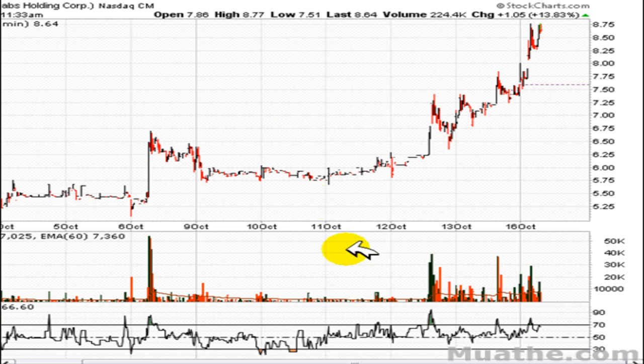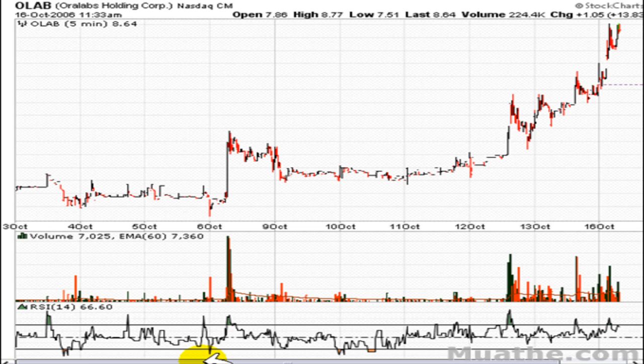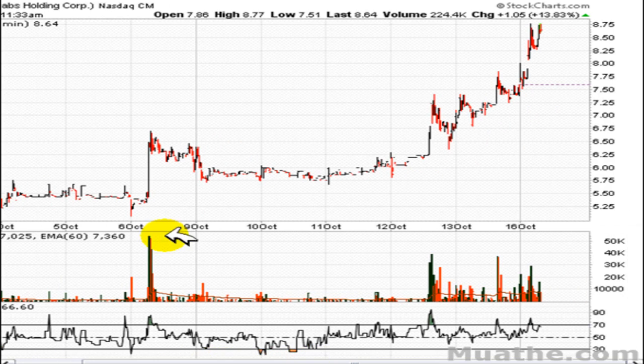This is going back to October 16th, 2006. That's when I saved the chart. So yeah, I've been doing this for a while, saving them as I go along. But anyway, let's see what happened. I think on the 11th of October 2006,